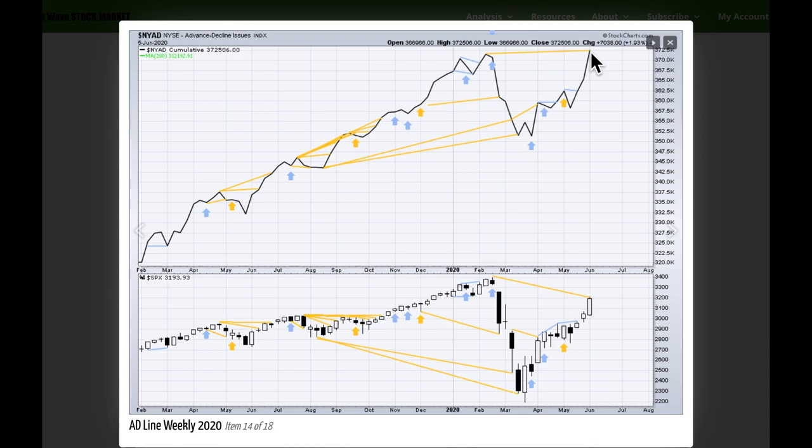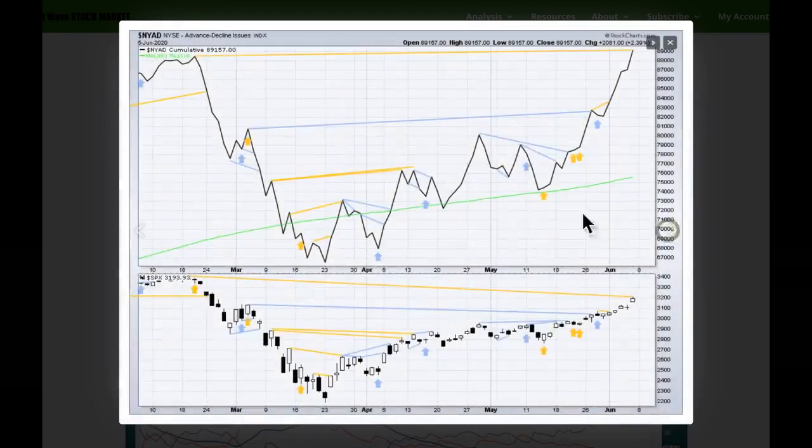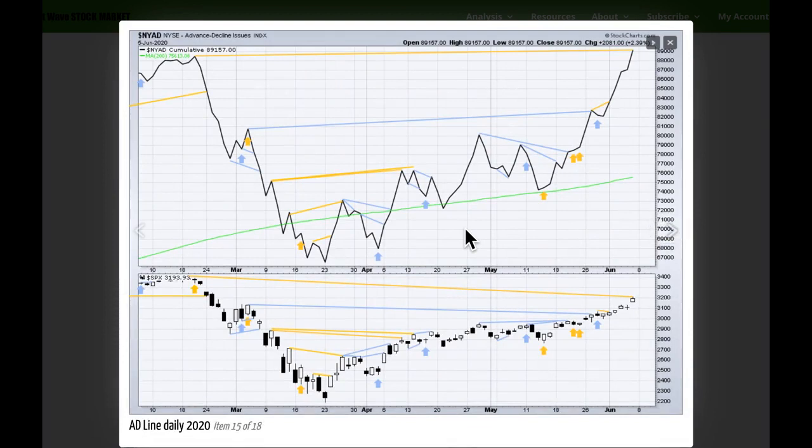And so I do want to have a little bit more reliance on Lowry's operating companies only AD line for that reason. I want to be quite cautious here. But I'm also going to consider all possibilities. At the daily chart level also, the AD line is making slight new all-time highs. Price is still yet a little ways off.